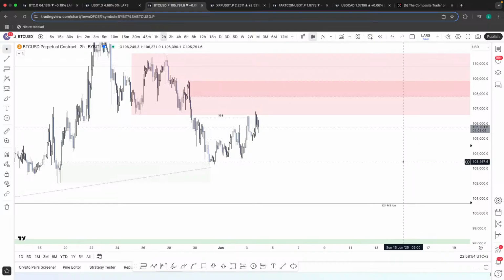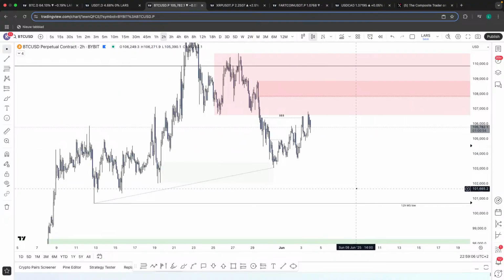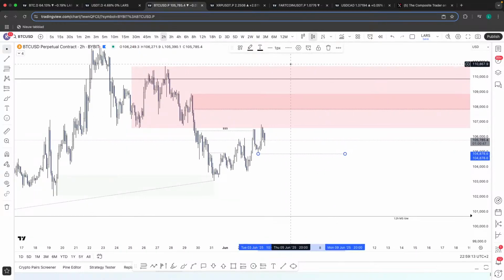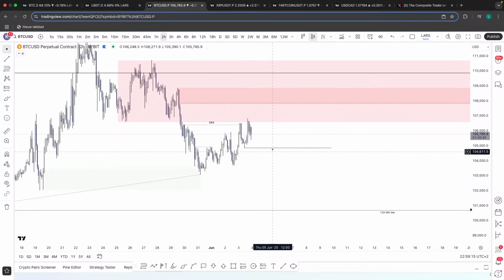We gave the overall bias where we were expecting a lower high for a lower low. You didn't get the lower high for the lower low, but it also never confirmed. We got the move up towards supply right now, sweeping buy side liquidity. I still want to see my rotation back down, but for that to happen you would need to break market structure, which is right now this low right here. So as long as you don't break that, you're not going lower.